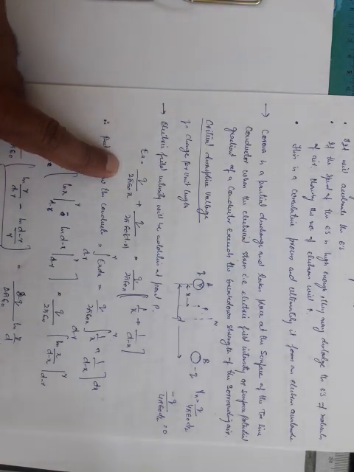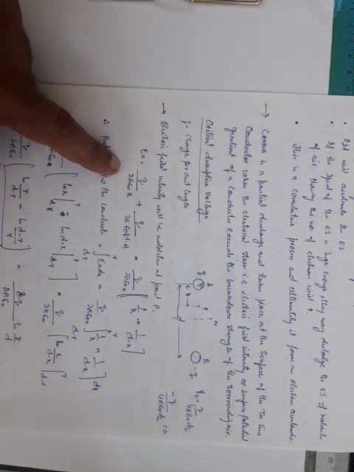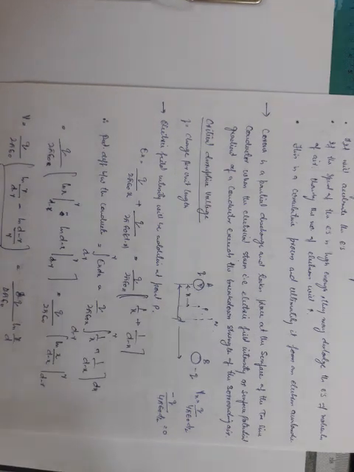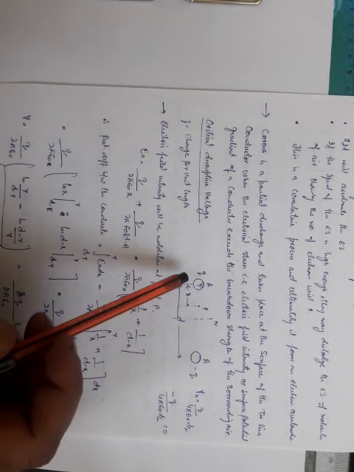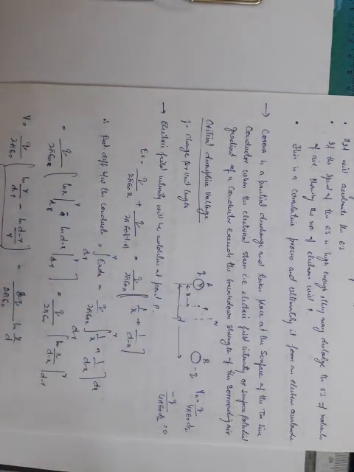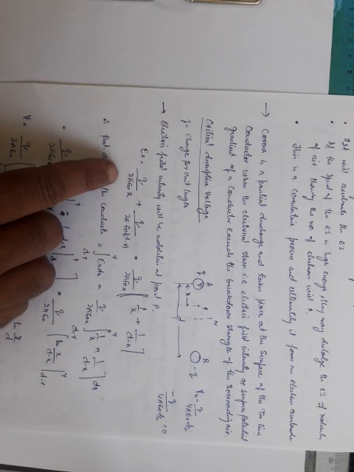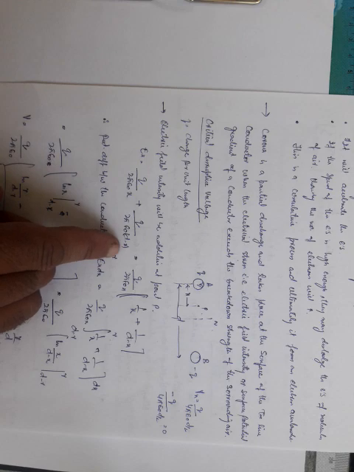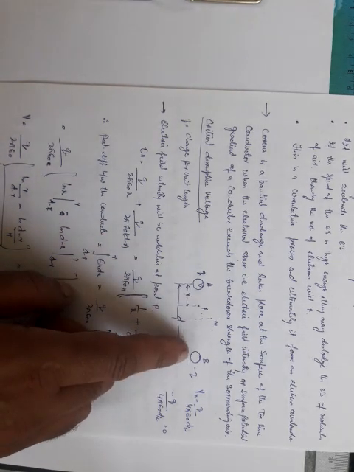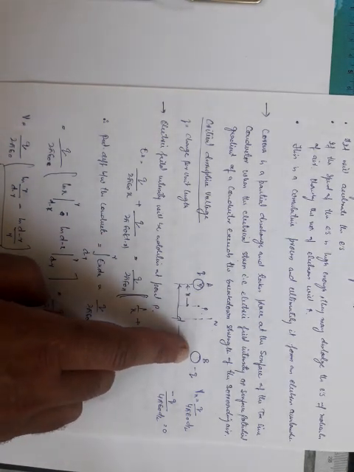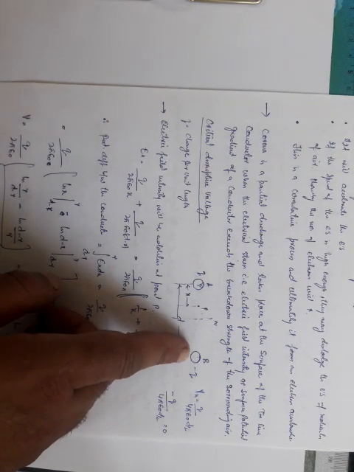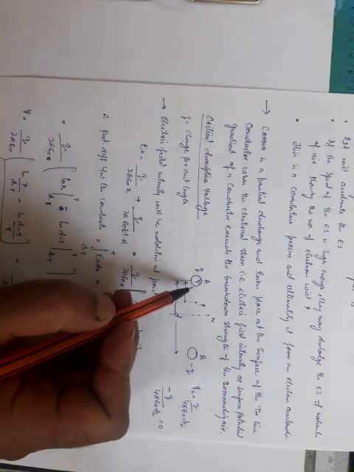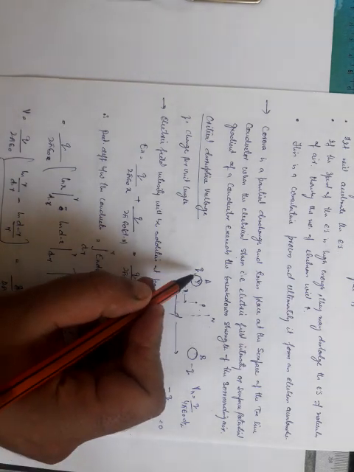It is not inversely proportional to distance squared. It is inversely proportional to distance only, because it is a cylinder, and we have assumed q to be charge per unit length. So this will be equal to q divided by 2 pi epsilon 0 x plus q divided by 2 pi epsilon 0 (d minus x), because this point is d minus x from the center of the conductor B. Now both of them will be plus, because of the electric field at point P due to this.